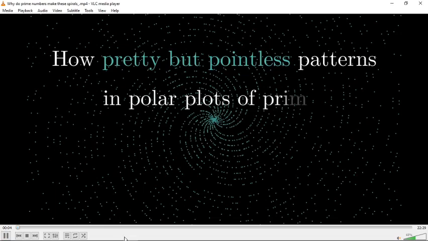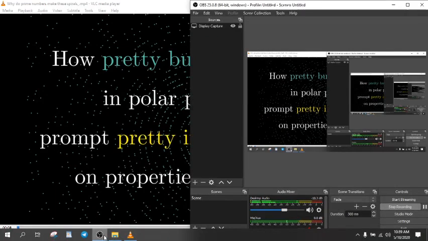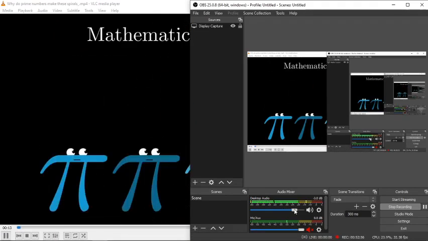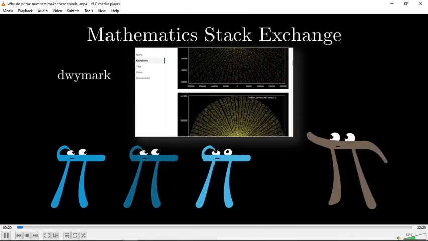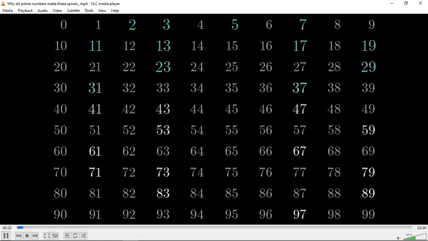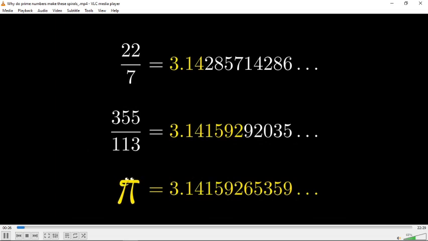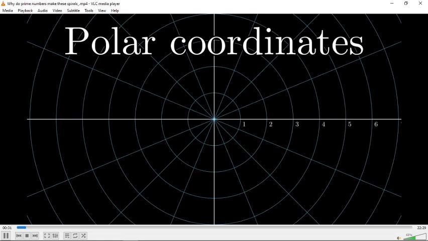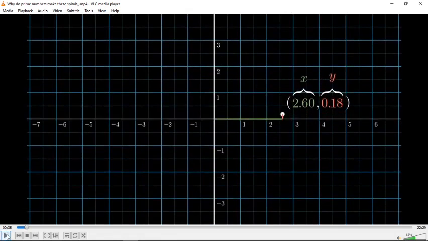Patterns and polar plots of primes prompt pretty important ponderings on properties of those primes. I first saw this pattern that I'm about to show you in a question on the Math Stack Exchange. It was asked by a user under the name Dwymark and answered by Greg Martin, and it relates to the distribution of prime numbers together with rational approximations for pi. You see, what the user had been doing was playing around with data in polar coordinates. As a quick reminder, so we're all on the same page, this means labeling points in